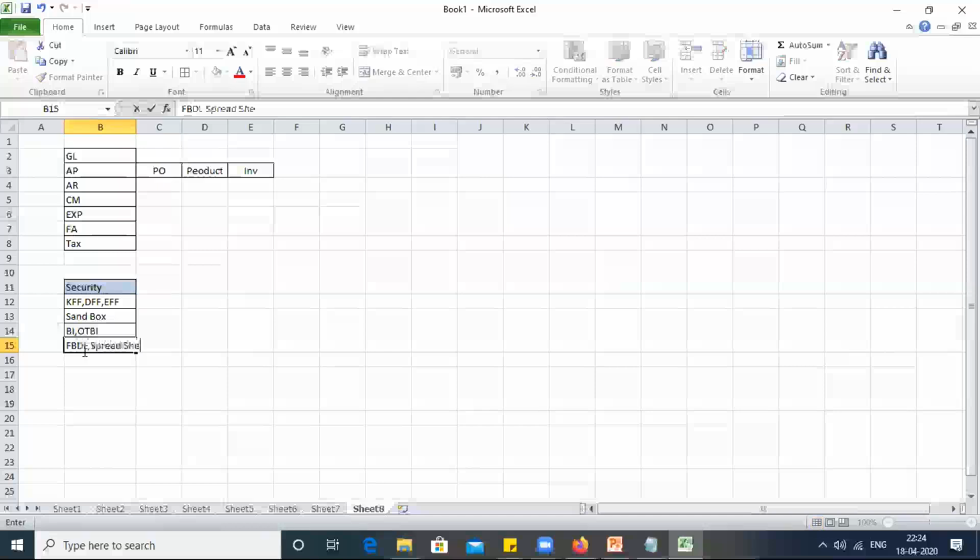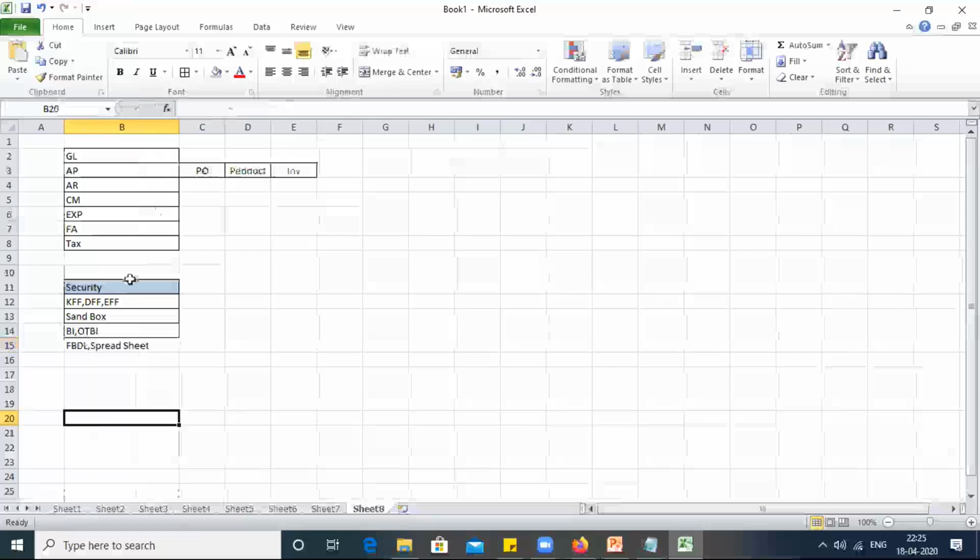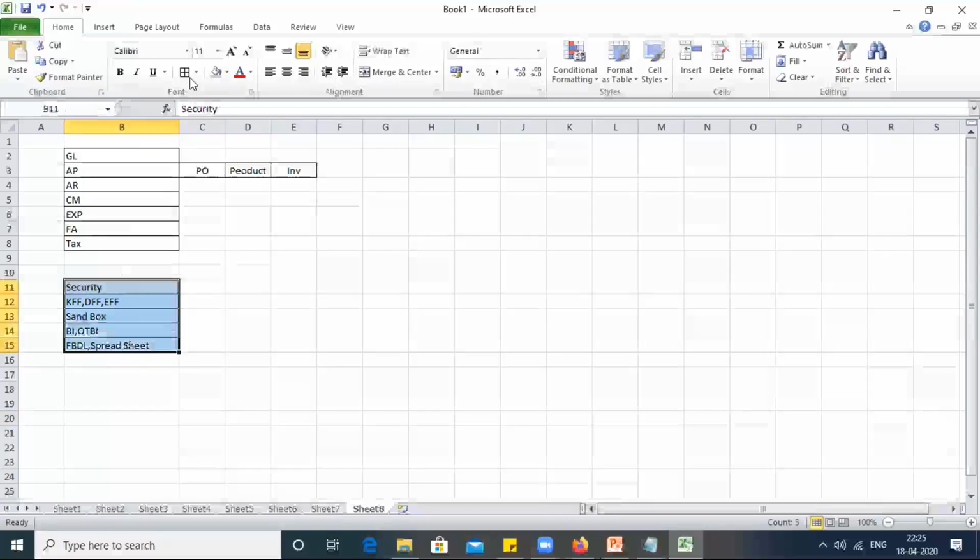How can we use this to load this particular data? Commonly, as an implementer, we use a BDL loader. As a transaction user, they use a spreadsheet loader to load daily-basis data, the way we use WebADI and a business load. The same way, the transaction user will use the spreadsheet to